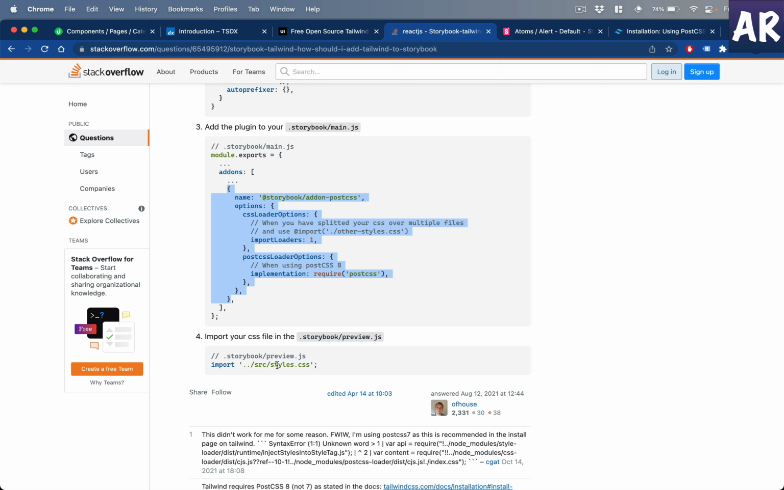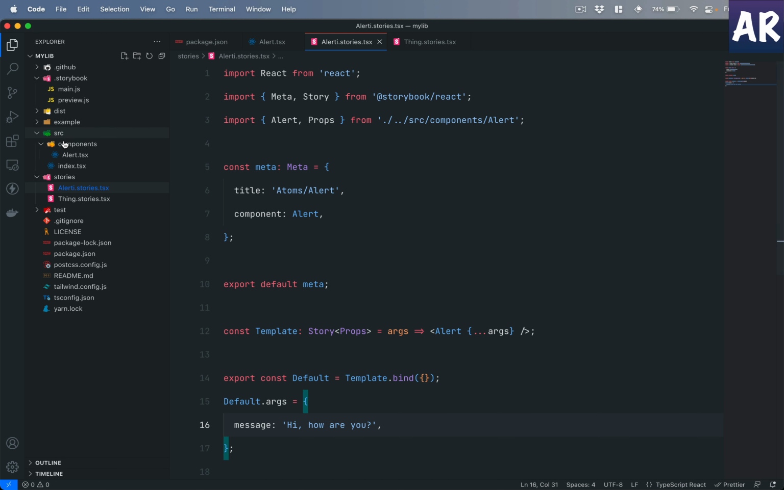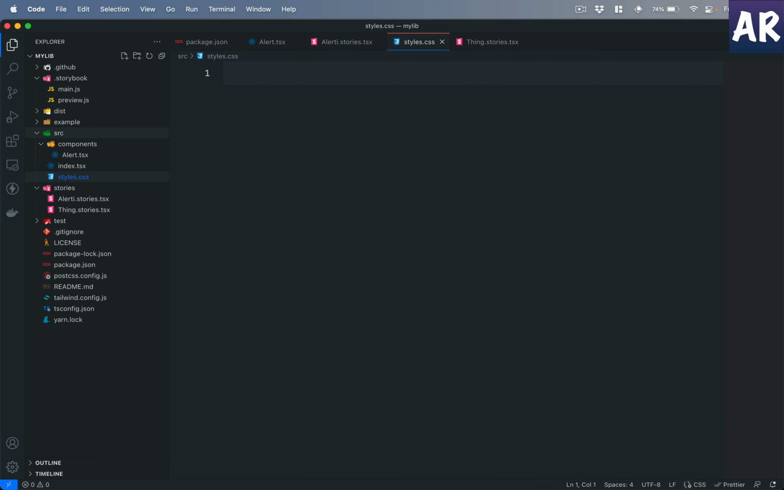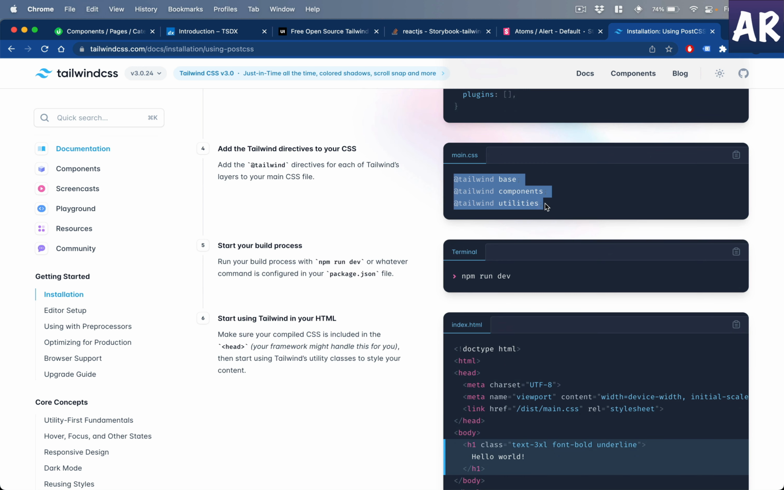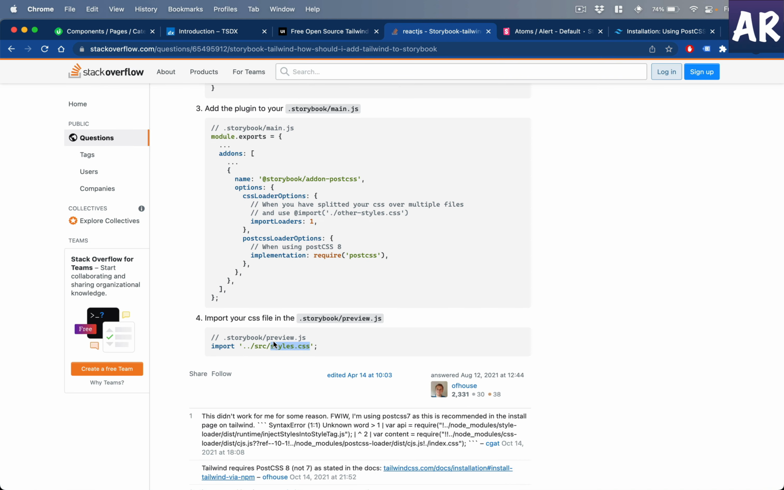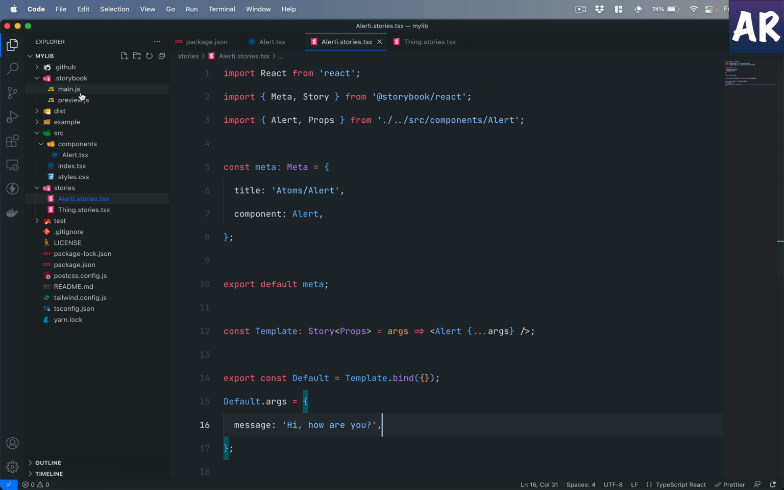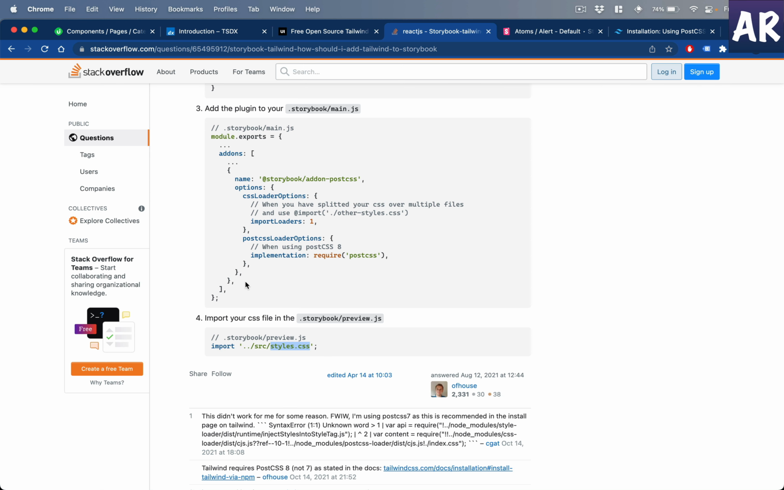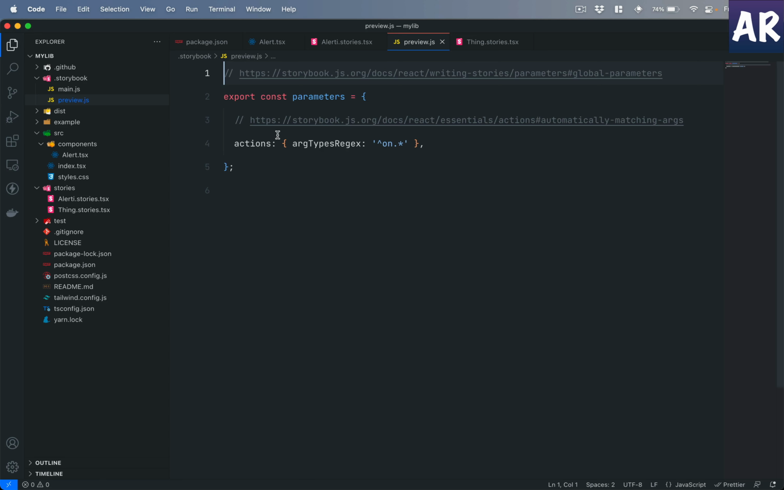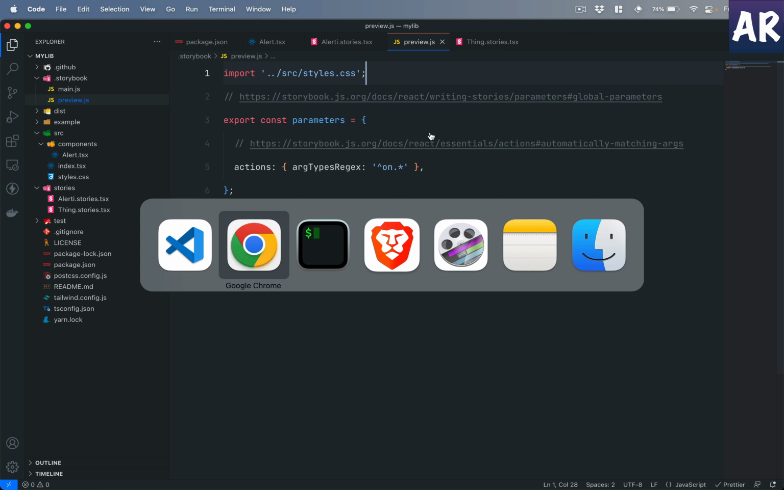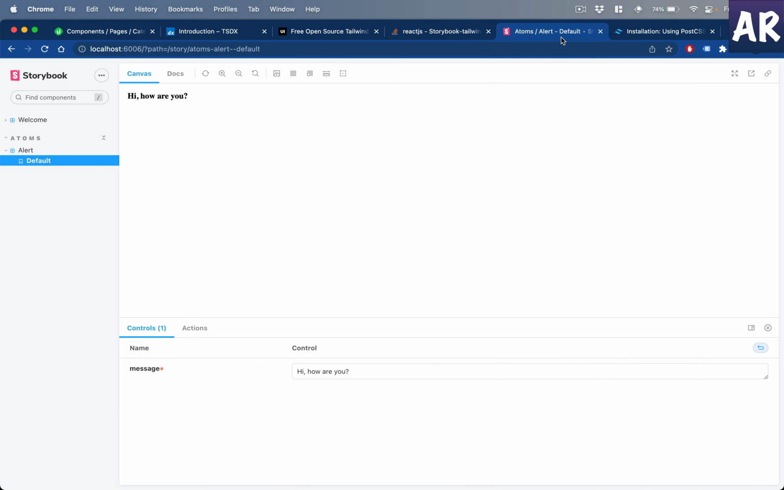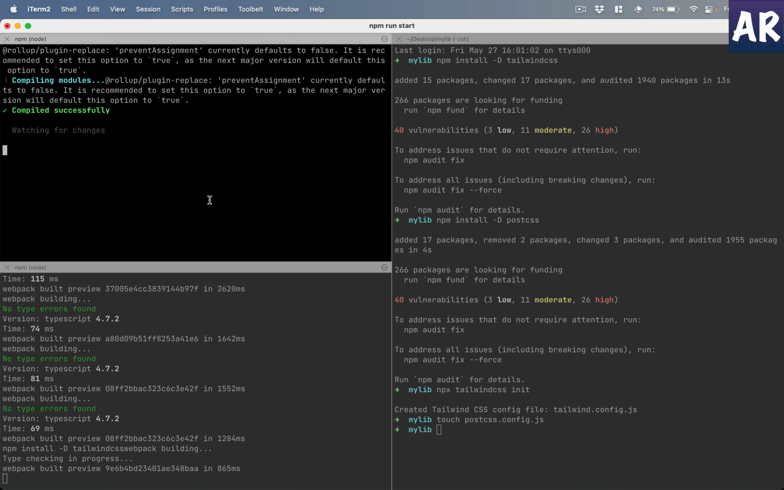And then it says there is a style.css. Okay, so inside source, I have a file called style.css. I need to add these directives inside this file, and then inside my preview.js, which is again inside the storybook folder, I need to import this file that I just created as a CSS file. Now even then I don't think my Tailwind will load up because I don't think it understands. Anyways, I'll have to